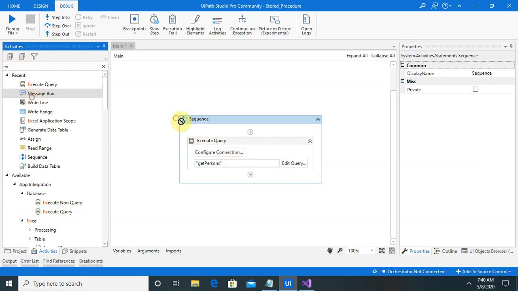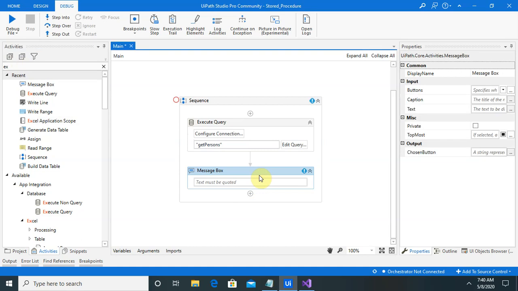I am not displaying data anywhere, so I am adding a message to be displayed after running. We have to make sure that our execution is completed, so after execution it will pop up a message saying the execution was successfully done.